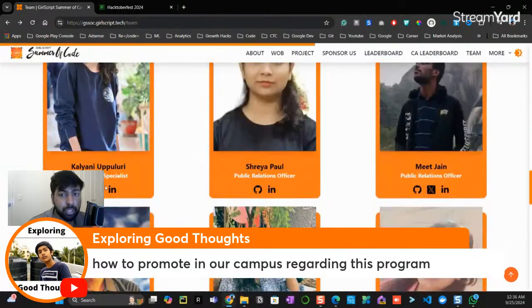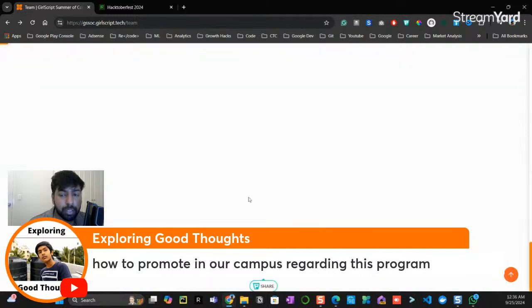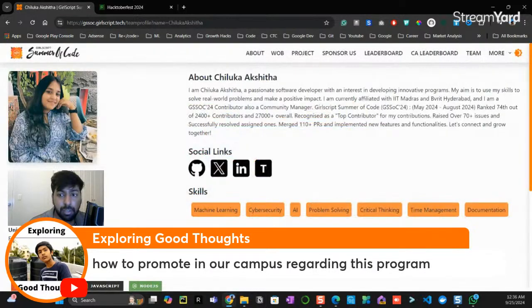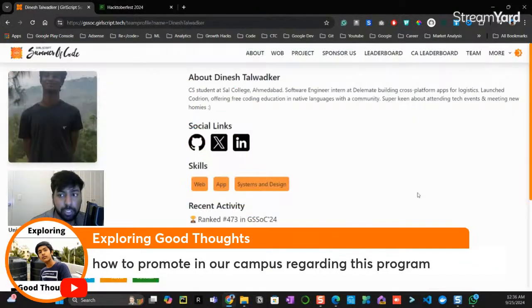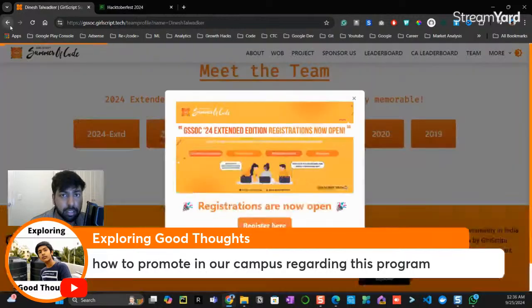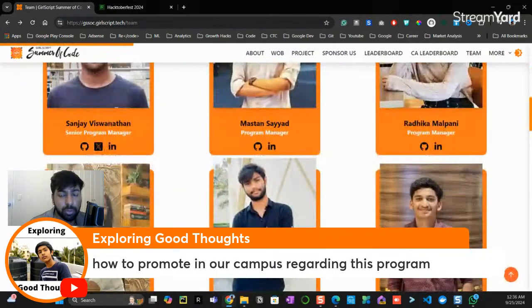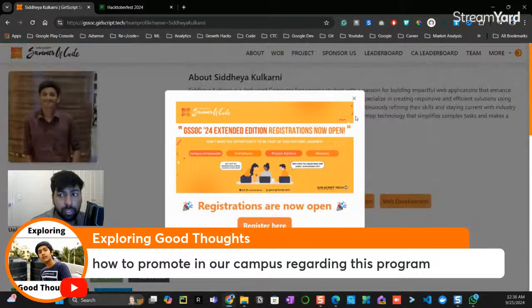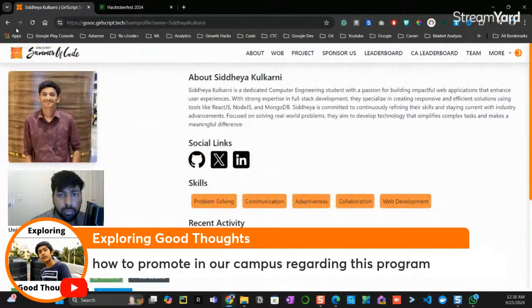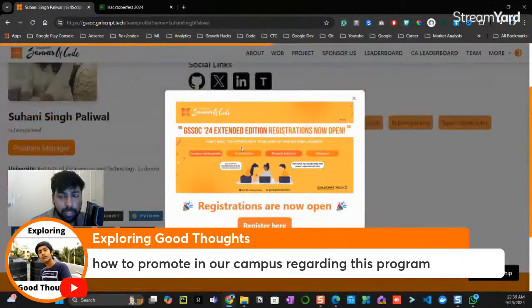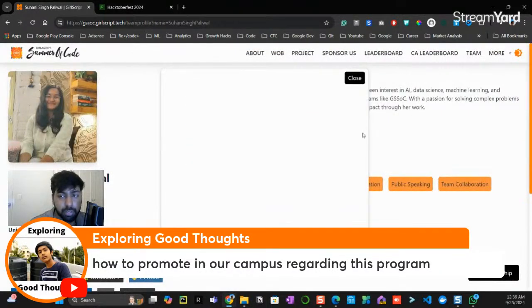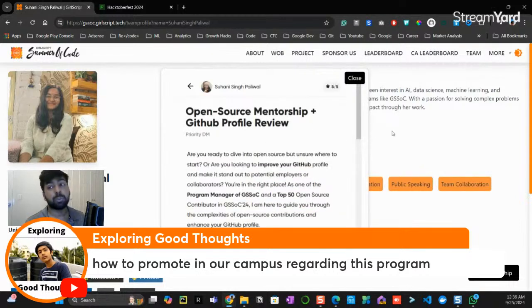As I mentioned, you can go to any of the team members and click on 1:1 mentorship. If they don't have 1:1 mentorship, you can find any other people who have 1:1 mentorship on their profile and talk to them, or schedule a direct message to them. There are a few people who don't have 1:1 mentorship. I do believe all the program managers have 1:1 mentorship right now, so you can reach out to them directly over here. They're going to reply to you as soon as possible.